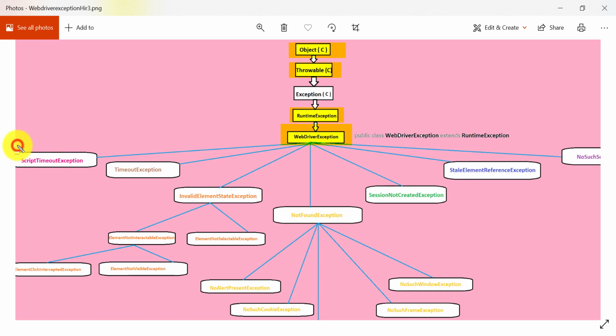First we have ScriptTimeoutException, then TimeoutException, InvalidElementStateException, NotFoundException, SessionNotCreatedException, StaleElementReferenceException, and NoSuchSessionException. These are the direct subclasses of the WebDriverException class.